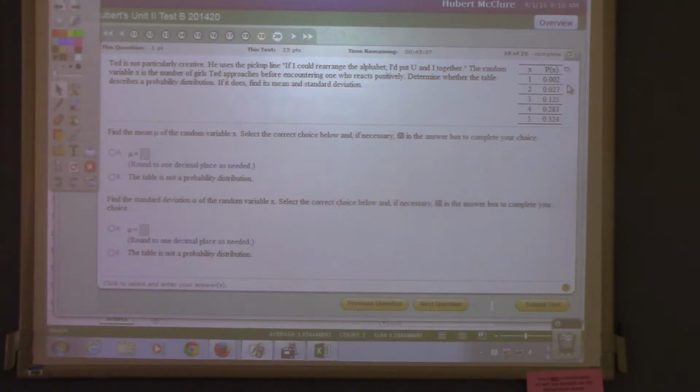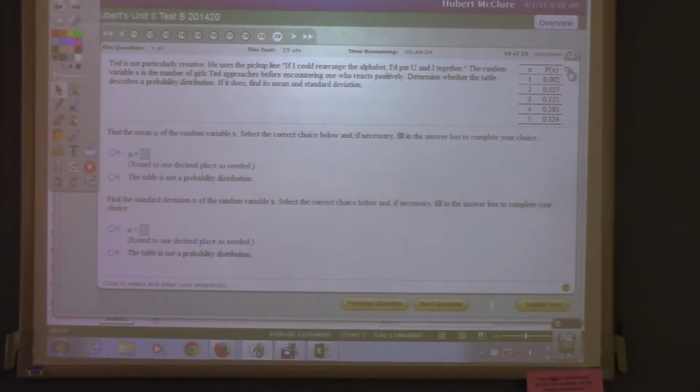Here you go. All right, what do you do to check to see if it's a probability distribution? Add all the ones on the right, and all of them are supposed to be between 0 and 1. They all are between 0 and 1, but you need to add them up to check. You're going to have to add them up and see. If they don't add up, then you don't have to do the problem. I don't think they're going to give you one of those, but